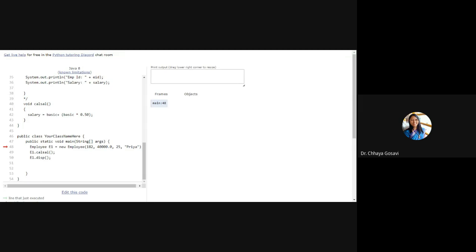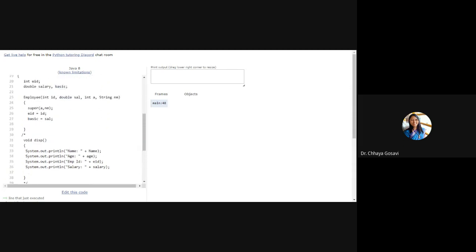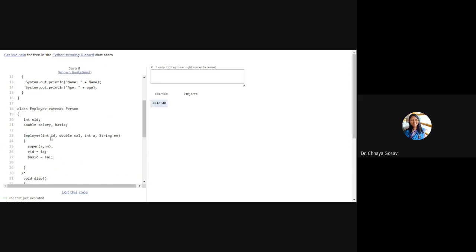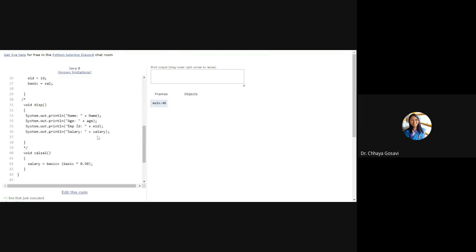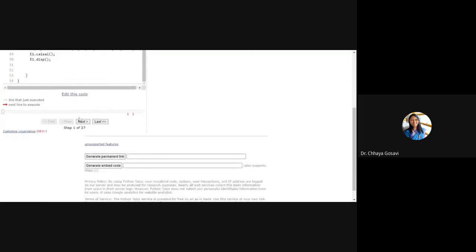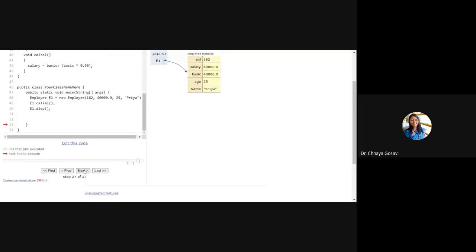So if I execute this code here, e1.display, it will check whether the employee class has a display function. No, but employee is extending person, so it will search in the person class: is there a display function? Yes. So it will run this display function. Object is getting created.